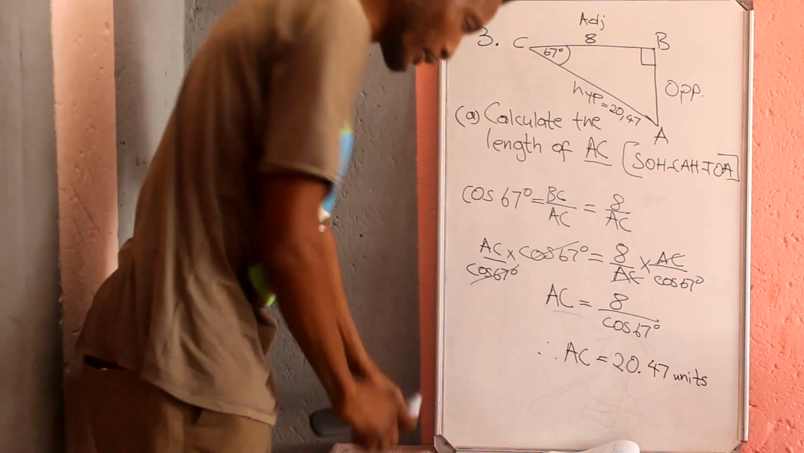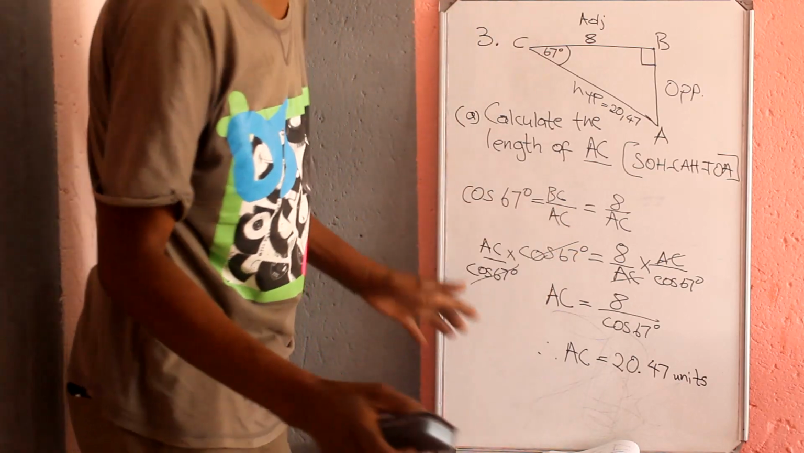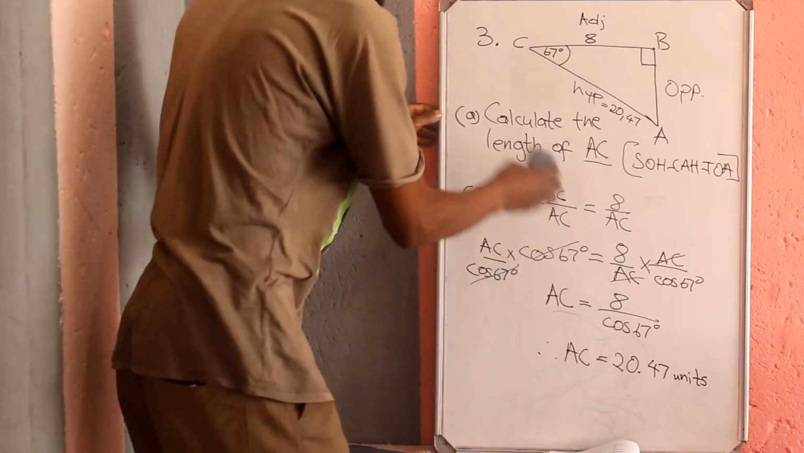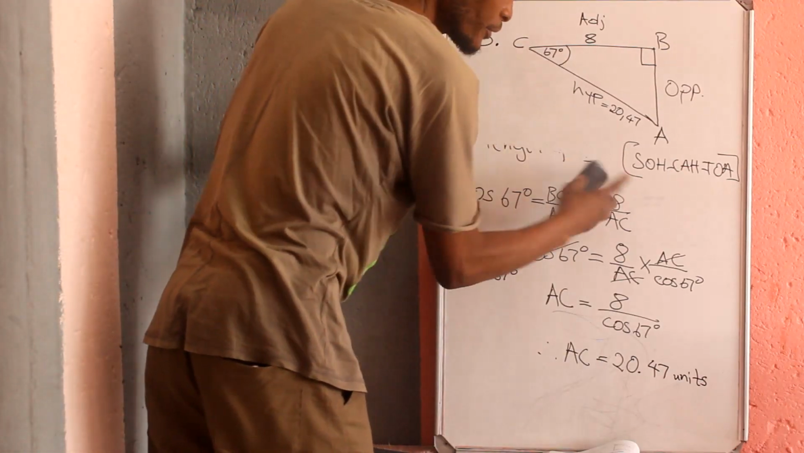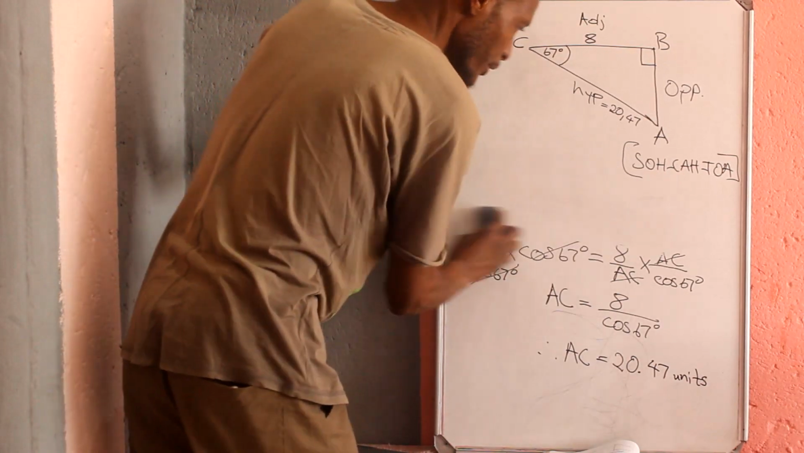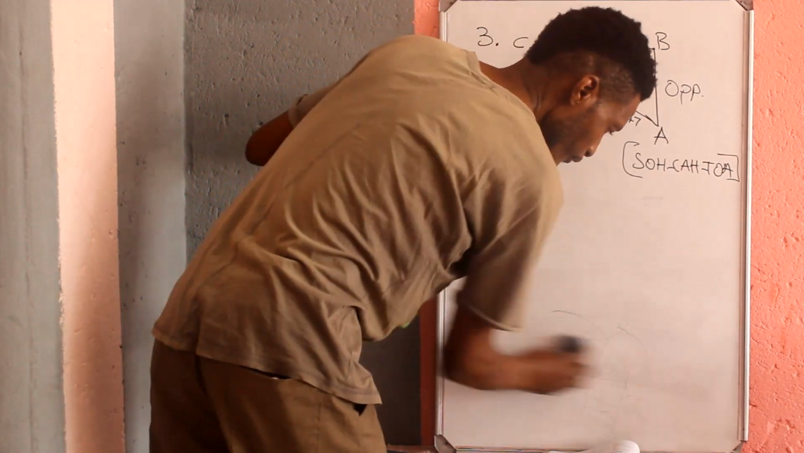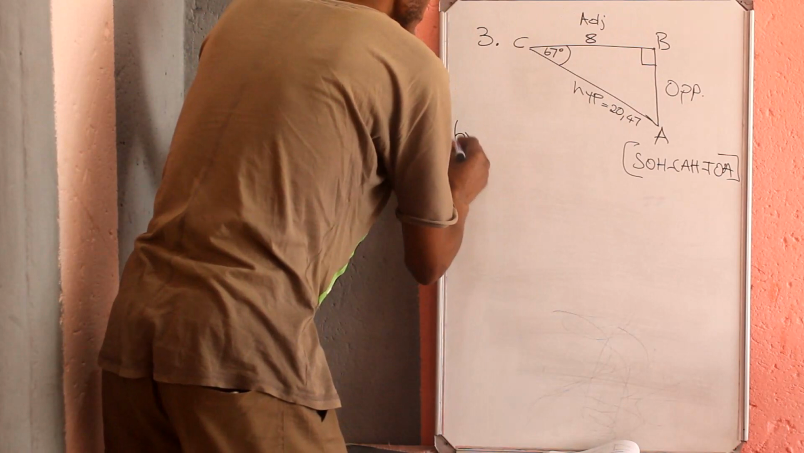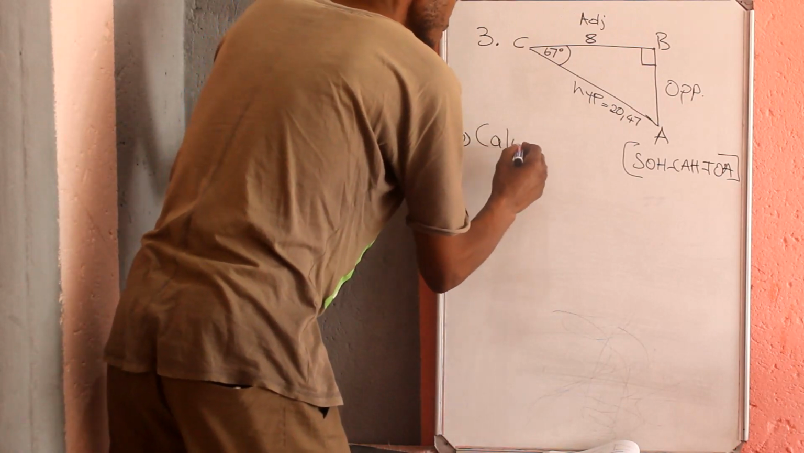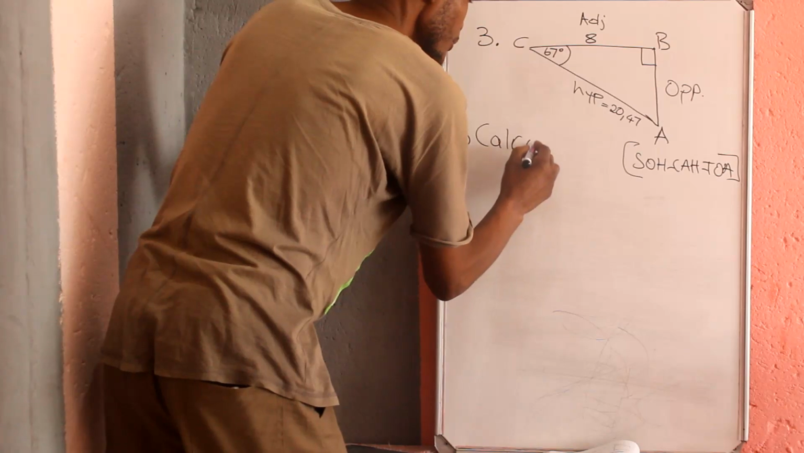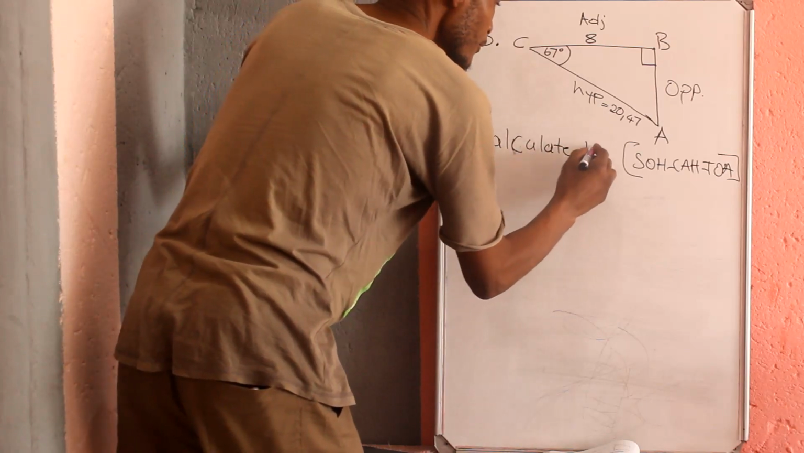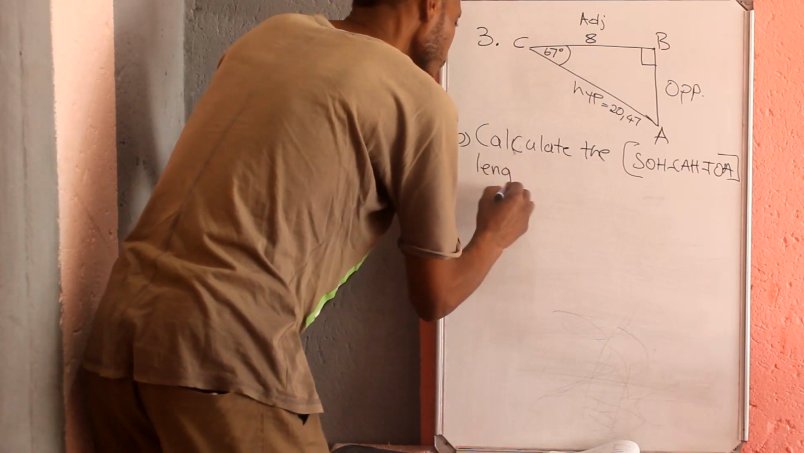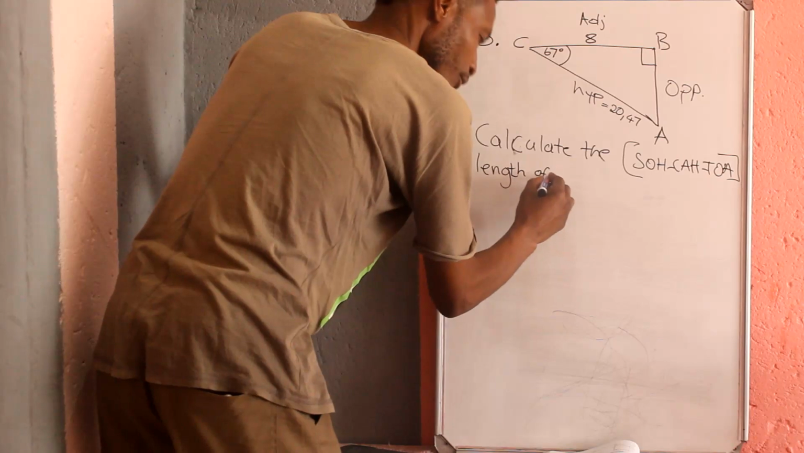Alright, I hope you got that one. Remember, our board is a bit small, so I'm going to have to clear this off for us to do the second part. Now the second part being B, I won't erase the SOHCAHTOA acronym. The second part being B, requesting us to calculate the length of